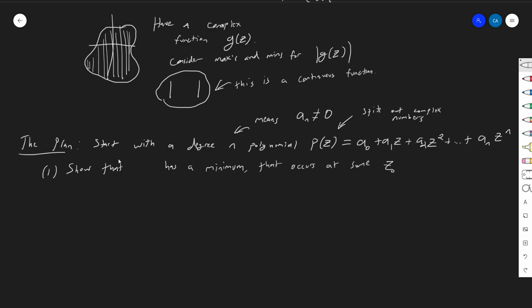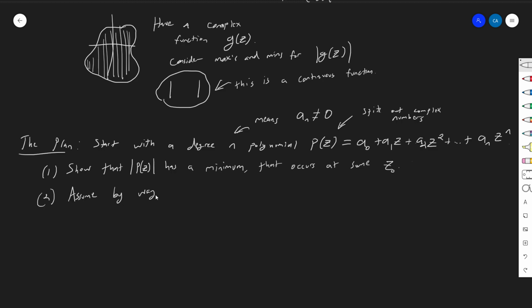I can only really talk about the magnitude of p. This real valued function has a minimum, and that minimum is going to occur at p of z0. So we know the smallest thing that we can get here is going to be achieved somewhere, and then once we have that, we're going to assume,